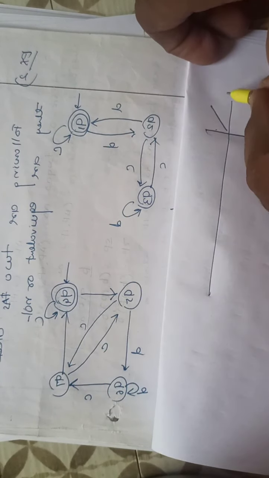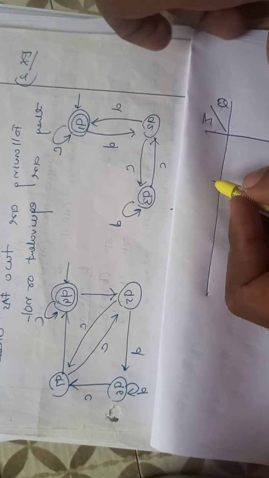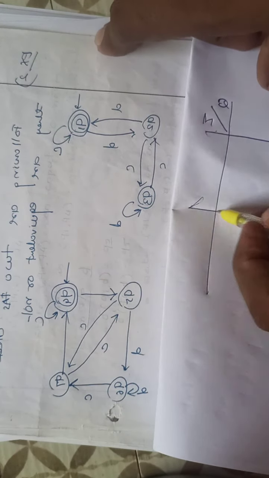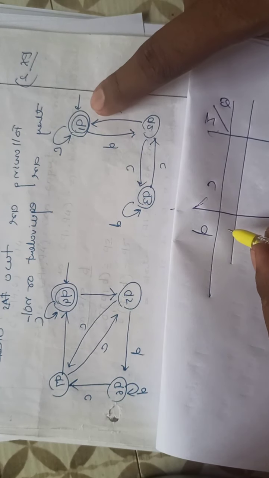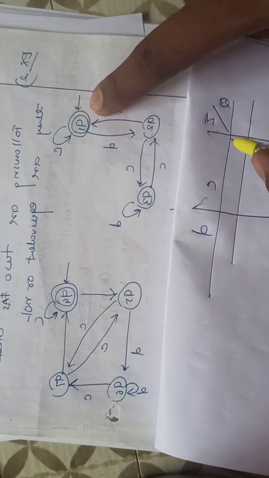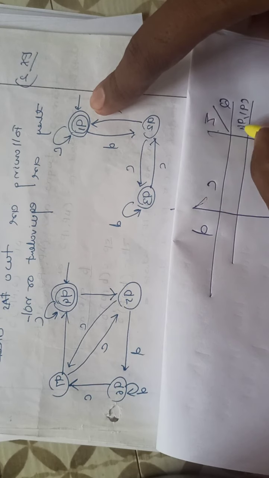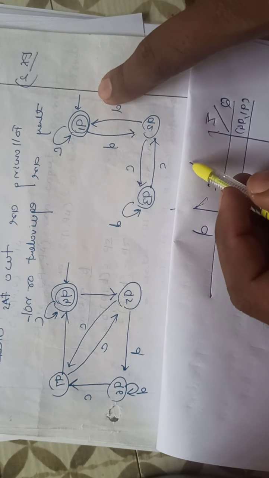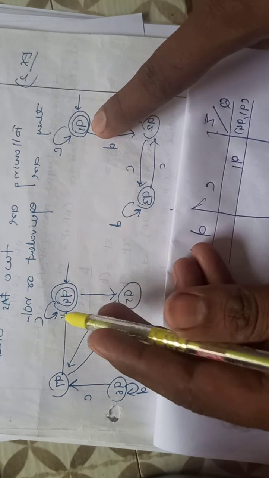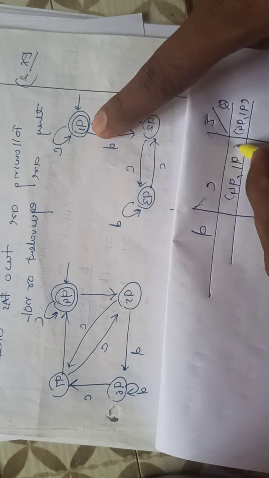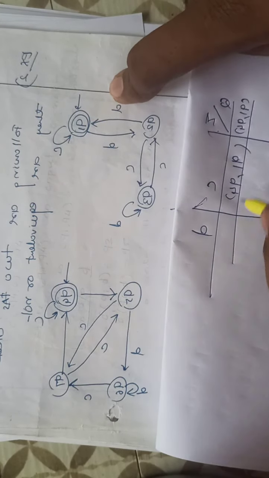While constructing the transition table, this one is the number of states, and this one is the input alphabet. In the given two transition tables, C and D are the input alphabet. So I'll write C and D. We need to start with the initial state. Q1 and Q4 both are the initial state, so I'll write Q1, Q4. Q1 after receiving C will be in the same state, and Q4 after receiving C is in the same state. Both are final states, because it is shown by the double circle in the transition table.